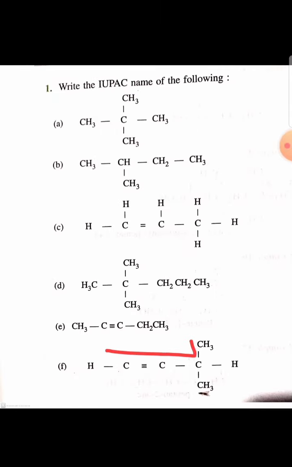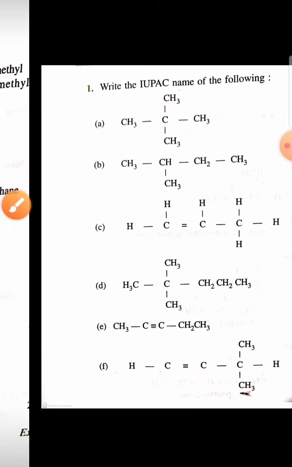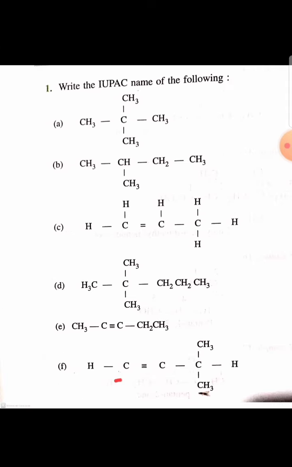You can give numbering this way also. Sorry, in this way also you can give the numbering, 1 2 3 4. Okay, see that the triple bond should get the least numbering, then give preference to the methyl group. As there are 4 carbon atoms in the longest straight chain,